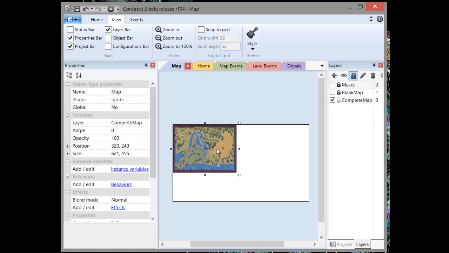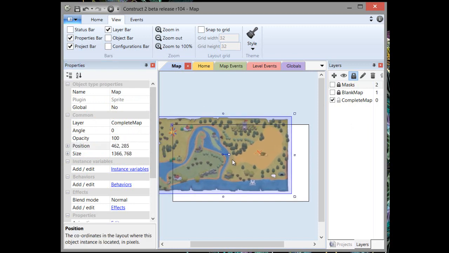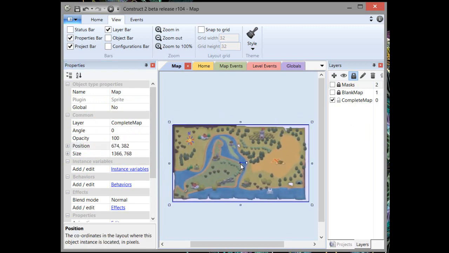Unlock it, select it, and now that the complete map appears, we want to change the size of it to 1366 by 768. And then we need to move this into the proper location, which we'll do by pressing that. That brown square you see in the back is the tiled background. So this is our position. And now we'll go ahead and lock the map